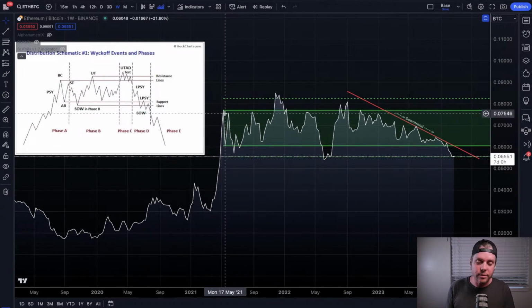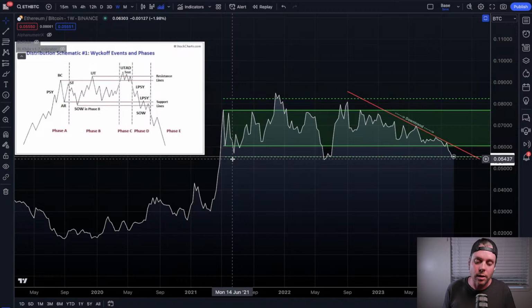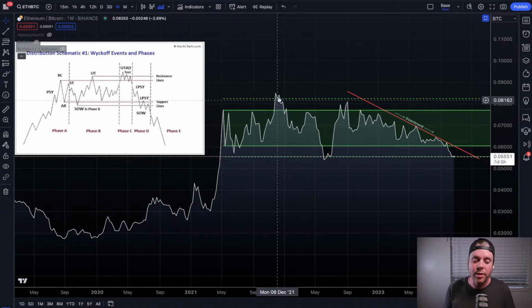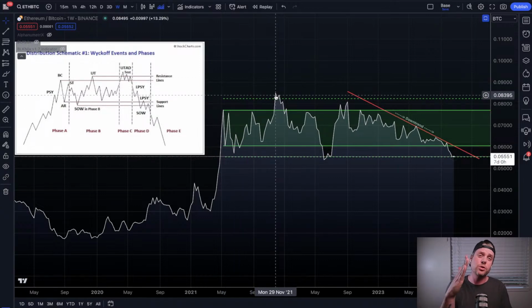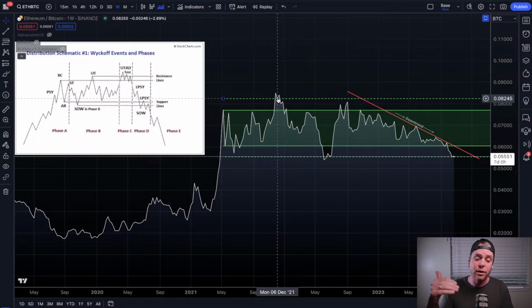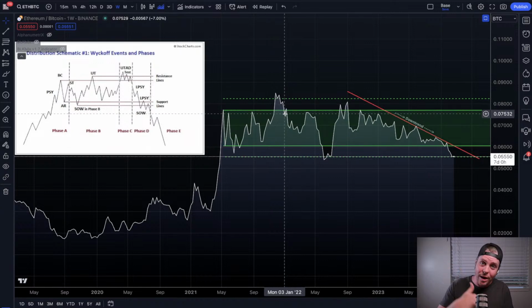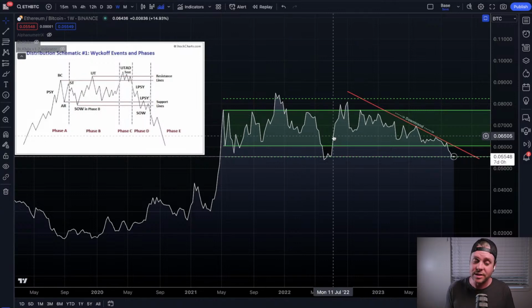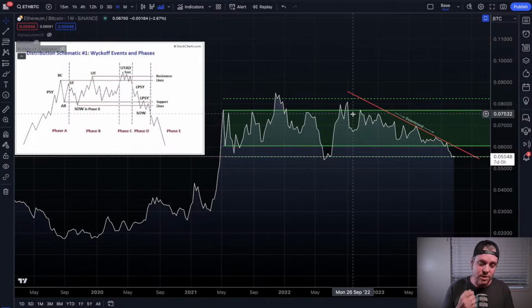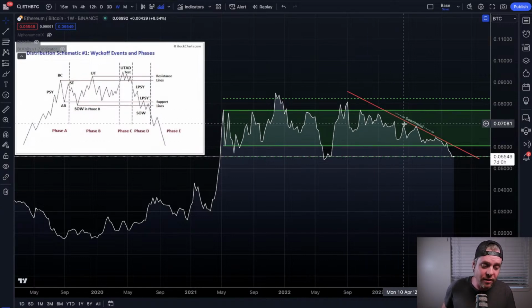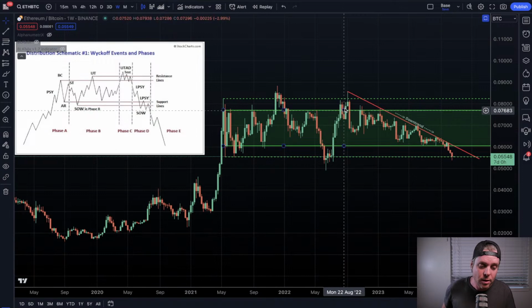But you can see we've got our buyer's climax. We've got our automatic reaction. We have an upthrust, failed upthrust. An upthrust is trying to break out of the range and getting a rejection. From that rejection, we reached a sign of weakness. This is breaking to the downside. Upthrust into an immediate break of the downside is a sign of weakness. So we have a sign of weakness here with Ethereum on the Bitcoin pair. We also got an upthrust after distribution, and we have been in this downtrend for